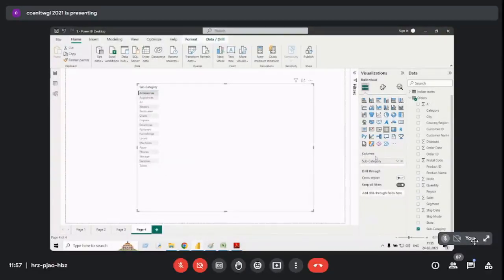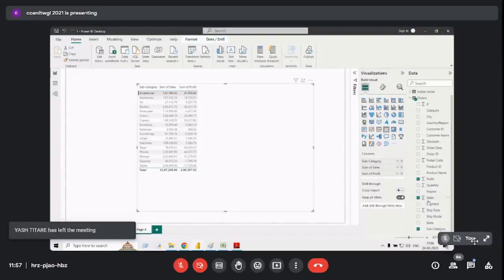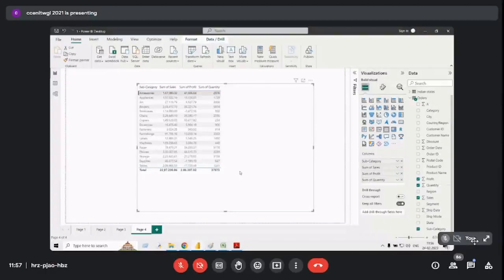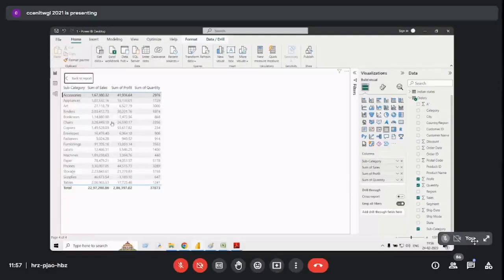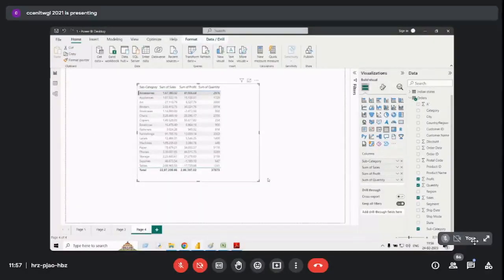It's not only that. You can just select the column field and simply drag onto the table. In this way also, we can drag and drop the options, profit, and maybe quantity, like this. Everything we can do. Now if I want to zoom in or zoom out, this focus option is also there here. If you want this data to be a little bit bigger,